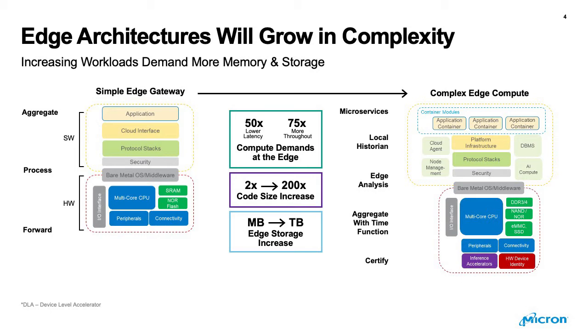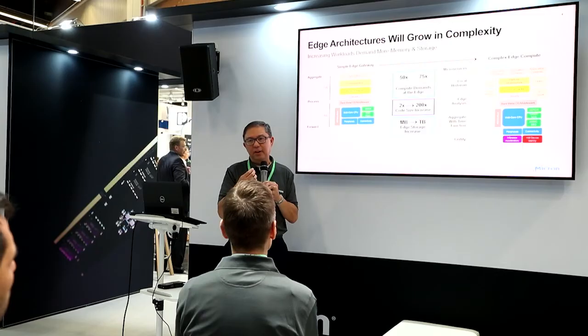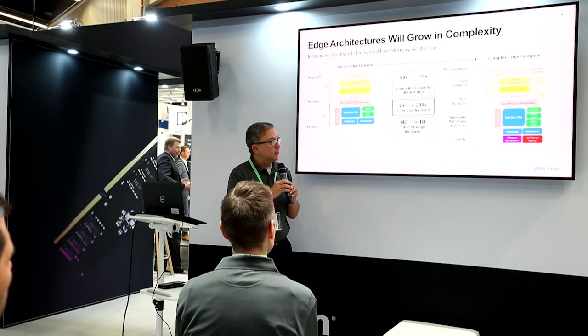And then, of course, where that data is going to get stored has to be at those edge appliances as well. So all the boxes that you're going to see at the show and the embedded show, they're all going to have higher compute, higher storage, faster memory, all part of the infrastructure, because they have to accommodate the new software that's going to be put in those appliances.